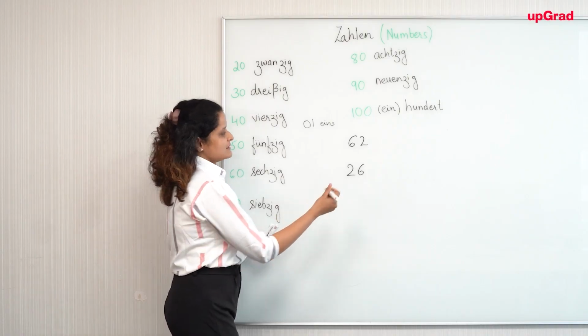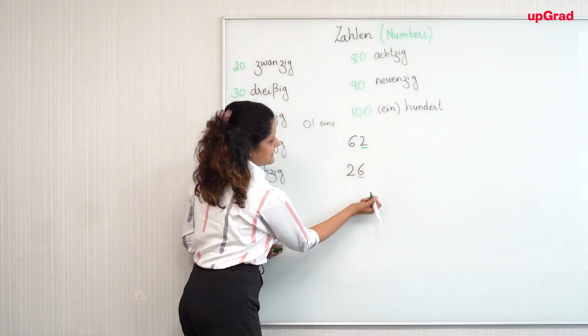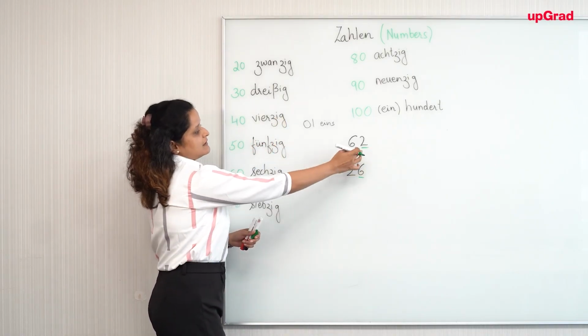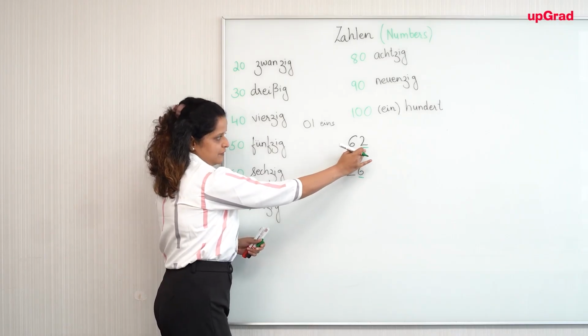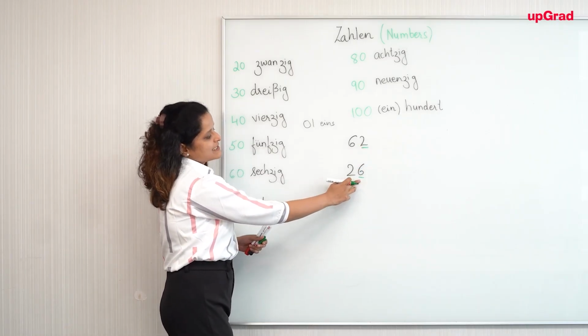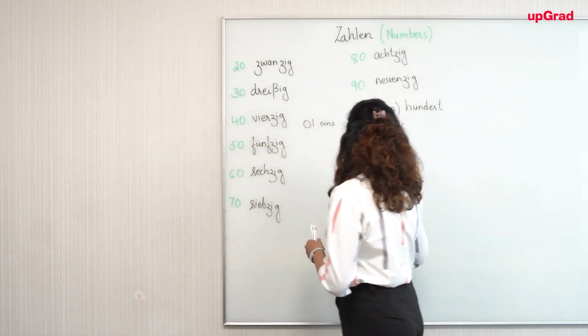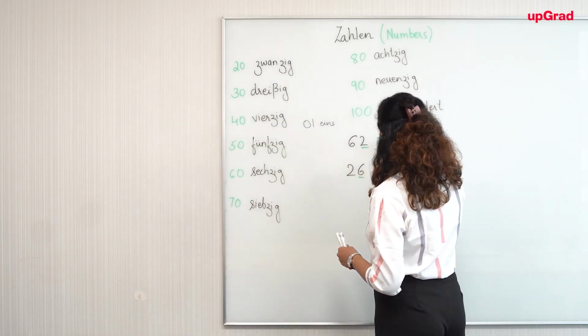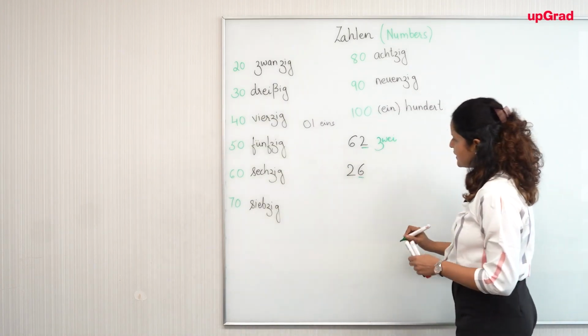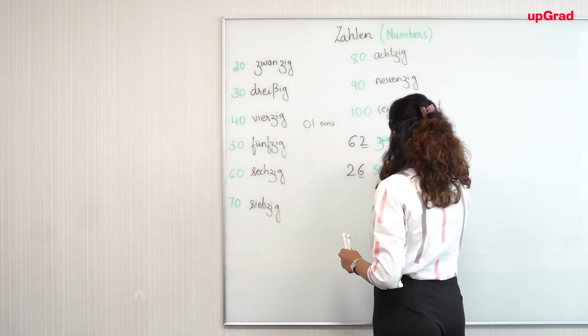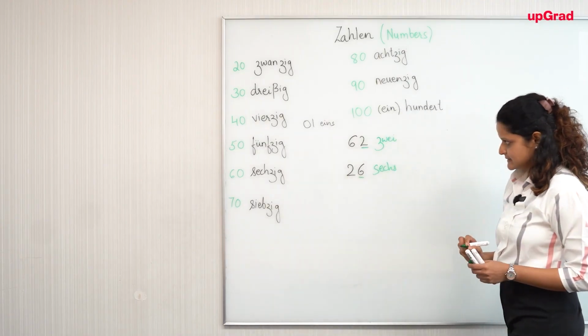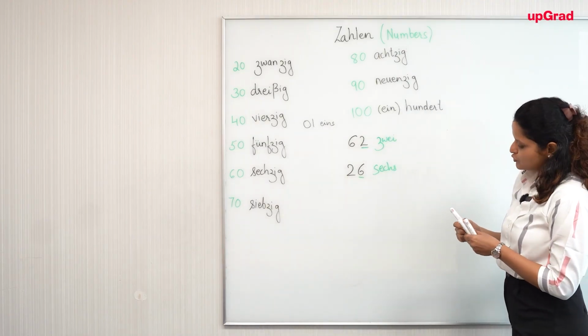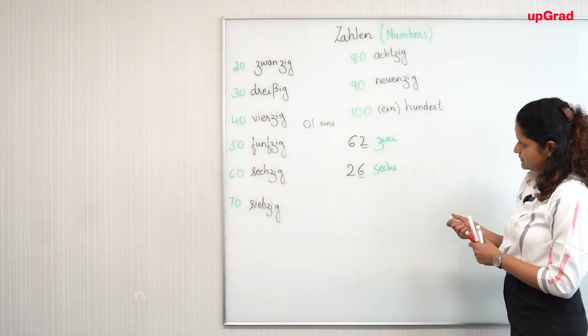The thing to concentrate on is the place. So, in the units place here, we have 2. In the units place here, we have 6. So, this number will start with 2. This number will start with 6. And then you move this number backward